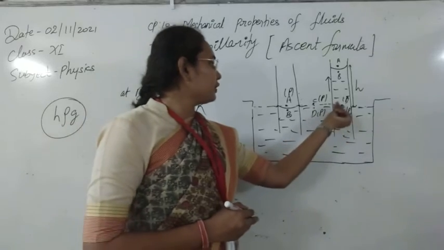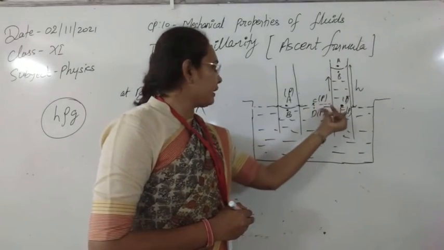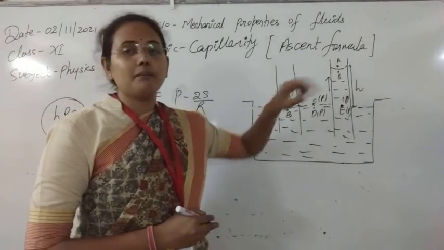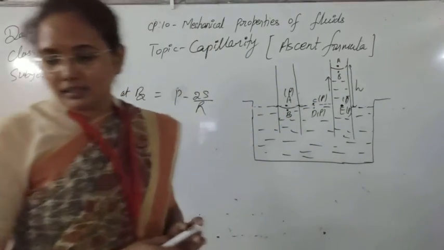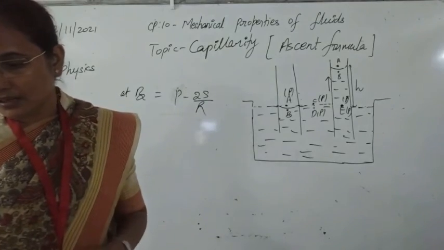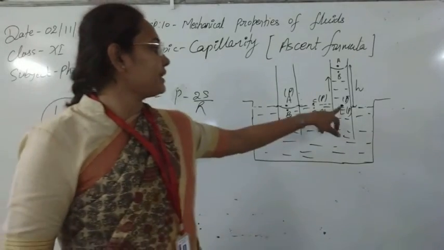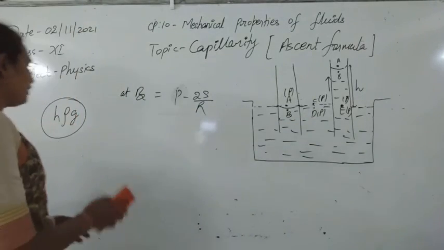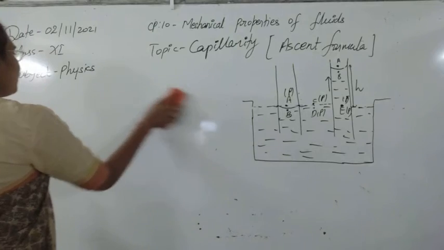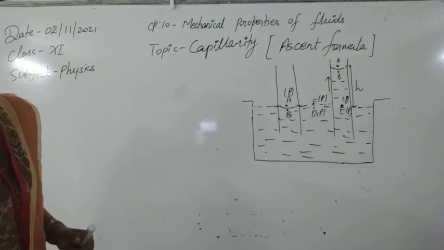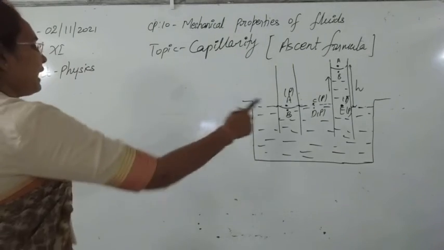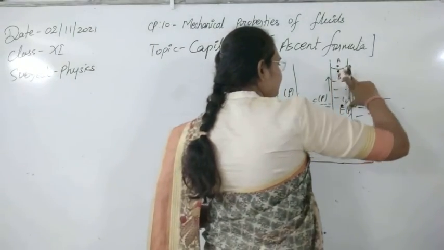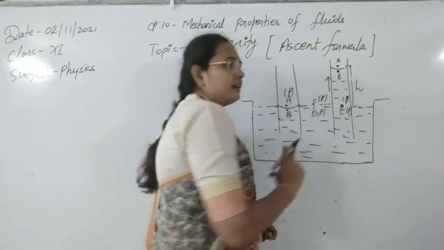In the same capillary tube, whenever the liquid has risen up, at points D and E the pressure is the same, and at point B the pressure is now different. So I think this is clear. According to our concept, the pressure at E should be equal to the pressure at D in the equilibrium condition. So let's see what the pressure at E will be first of all.